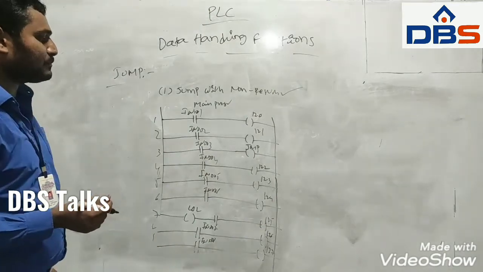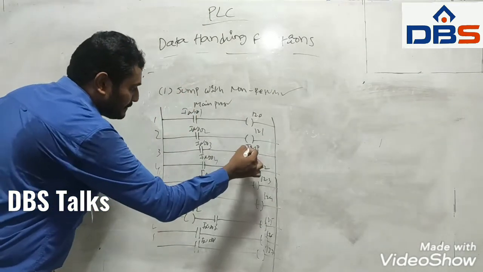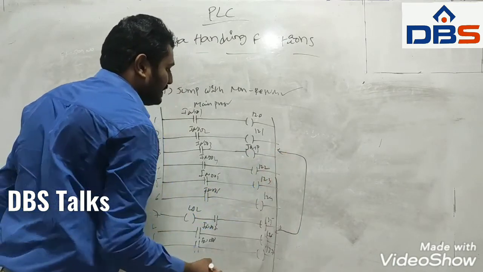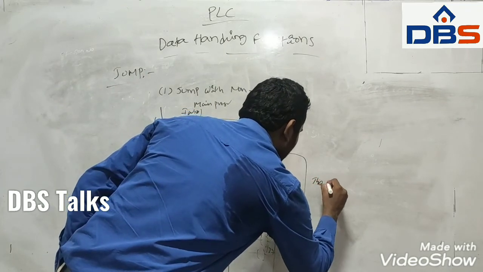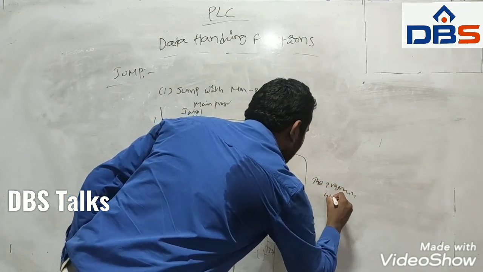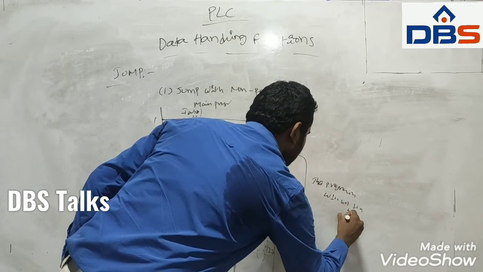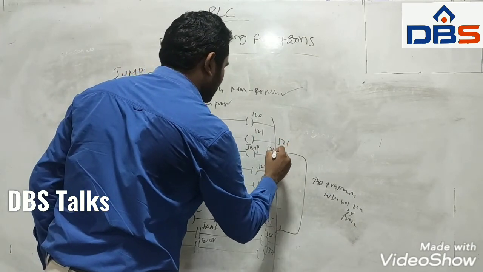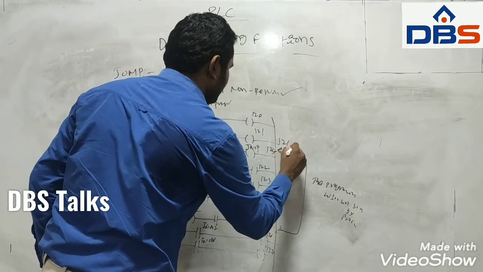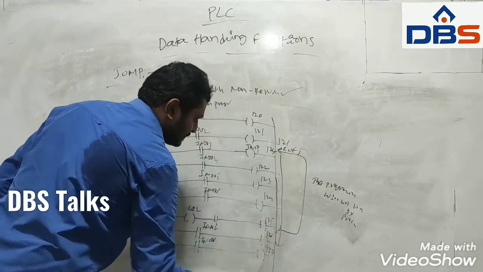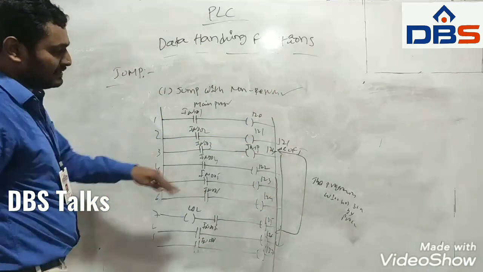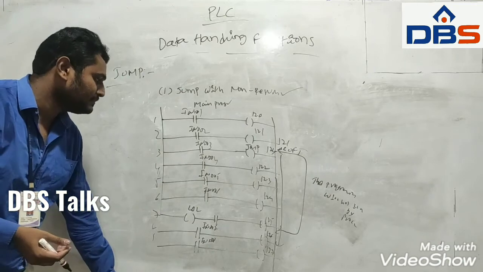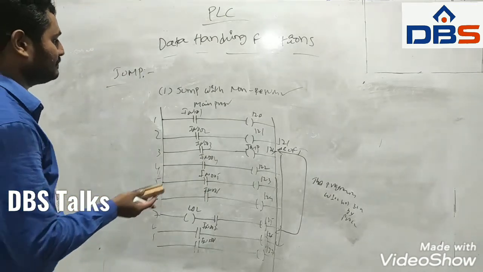Whenever the program encounters the jump function, it will skip or leap over to the label point. In this condition the program will be in off position. That means the program will not be scanned by the processor at that period. If line 122 or 123 is off, the operation is normal. It continues to scan from the next specific line to the last line. The scanning continues to that point. So this is the jump with non-return function.